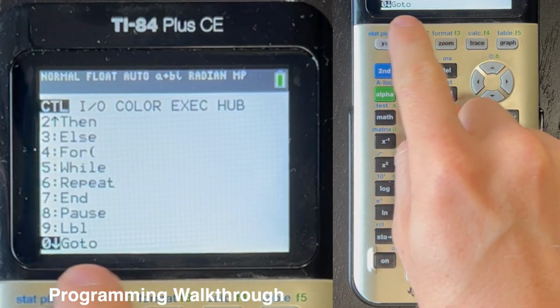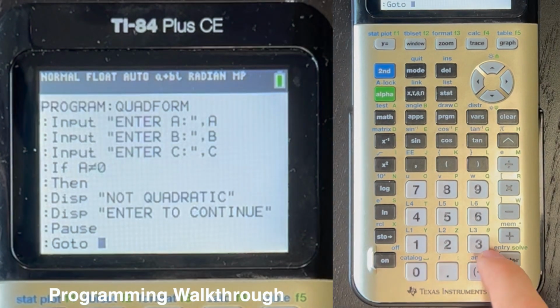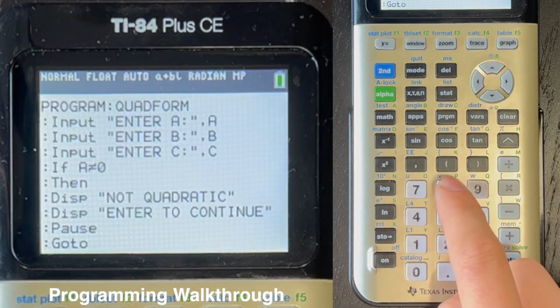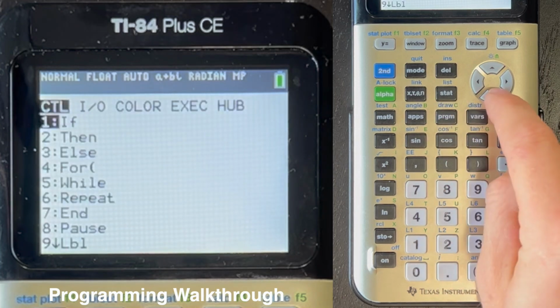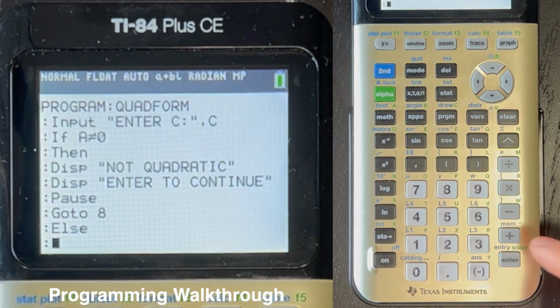You want the go-to option, which is 0 on this list, and then 8, enter program, else, enter, and then